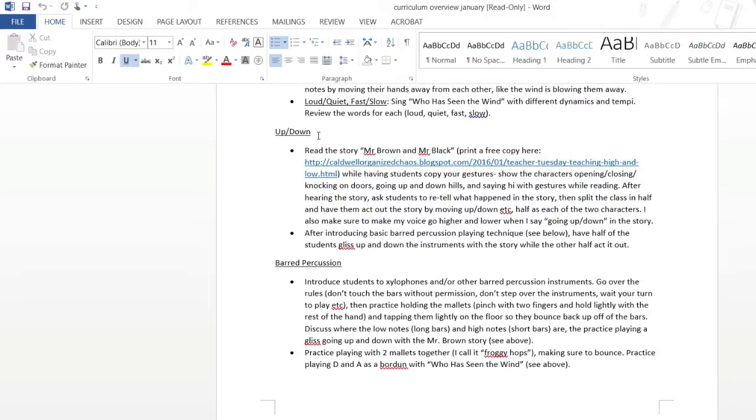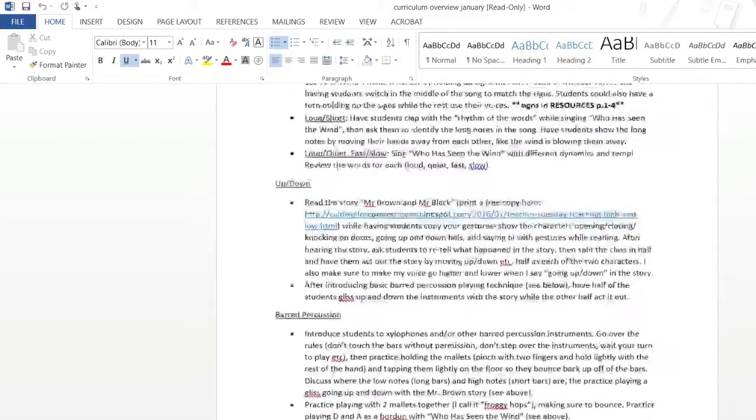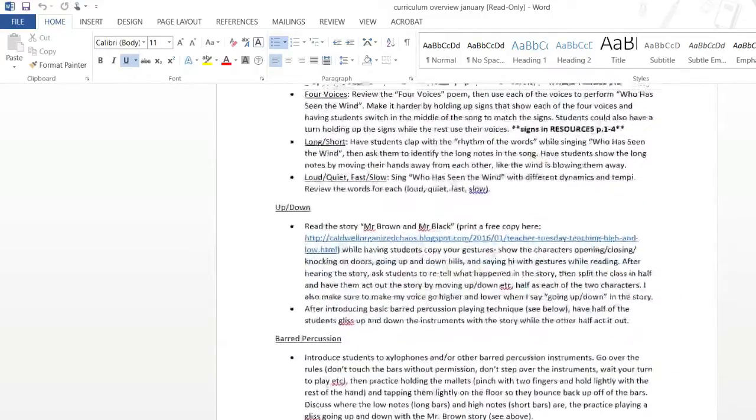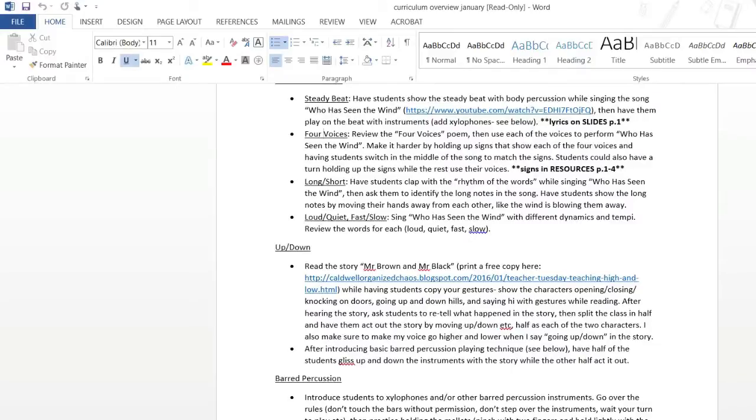But then it has the skill or concept that we're covering, and then a bank of lessons underneath. So it's just a list under each skill or concept,